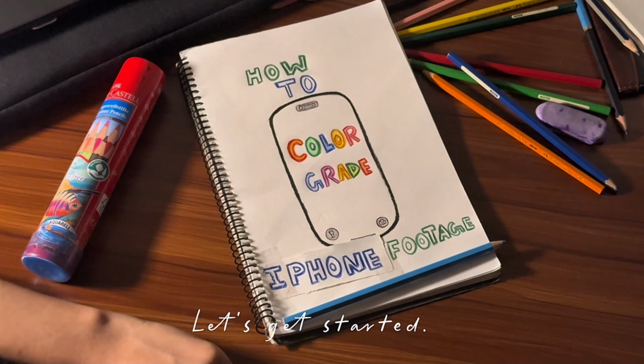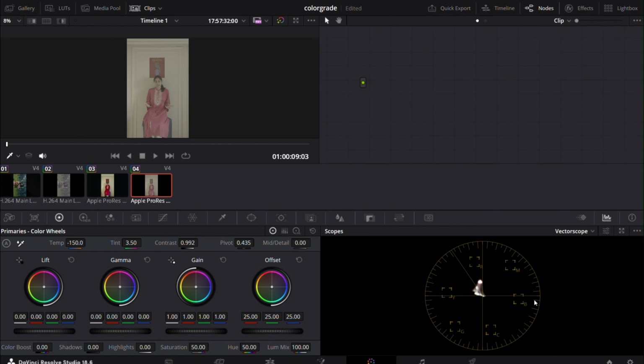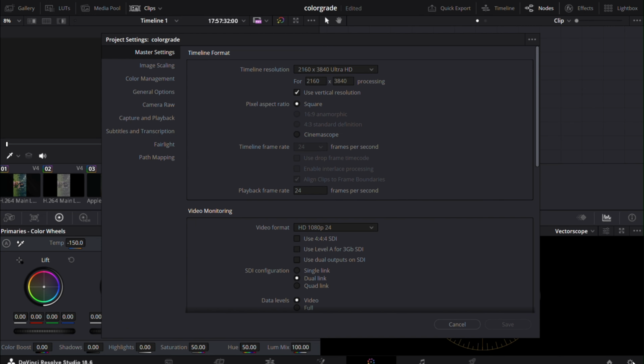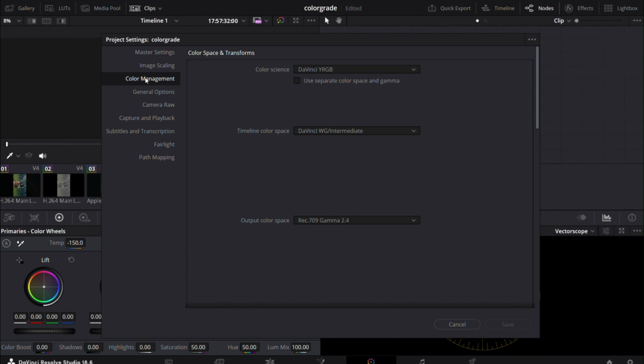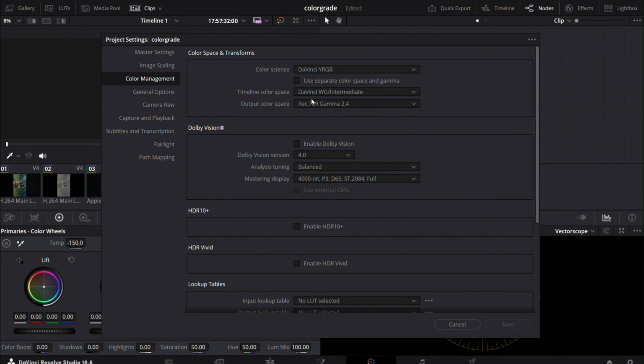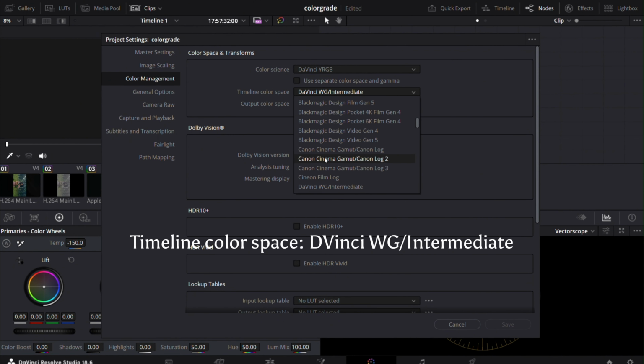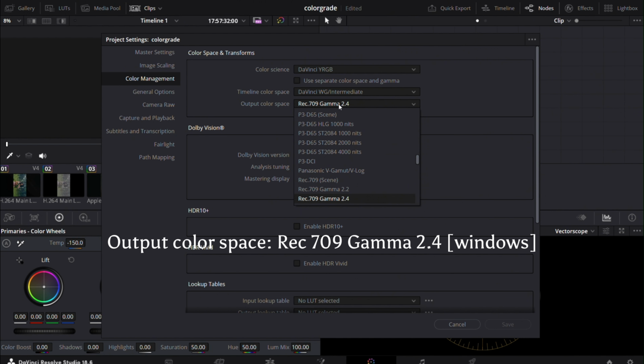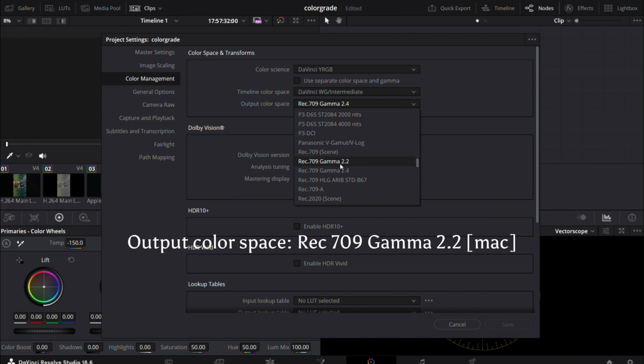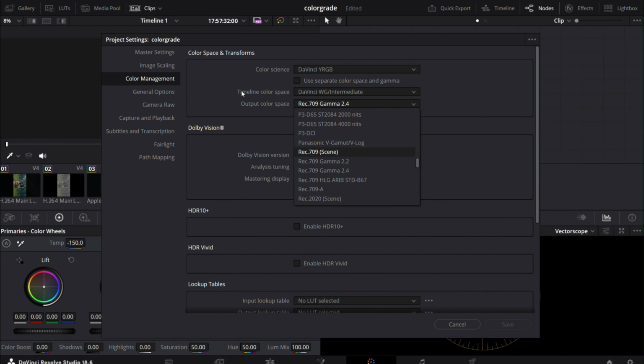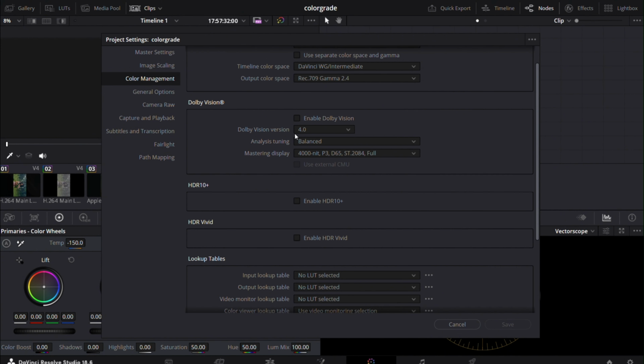Let's get started. Before we start anything, go over to the settings tab over here and go to color management. Your timeline color space should be DaVinci Wide Gamut, DaVinci Intermediate. Your output color space should be Rec 709 Gamma 2.4 if you are on a Windows. If you are on a Mac, it should be Rec 709 Gamma 2.2. You need to have the correct project settings before you color grade so that your colors suit right to